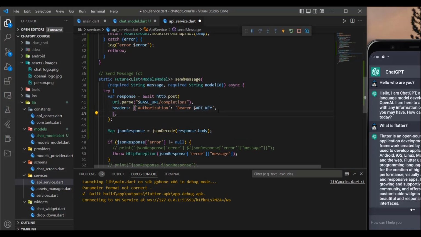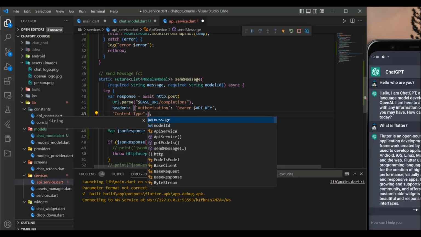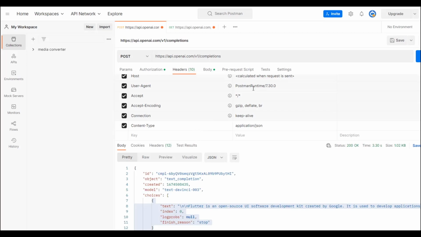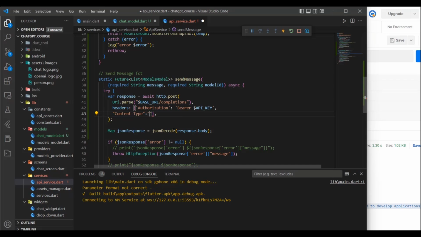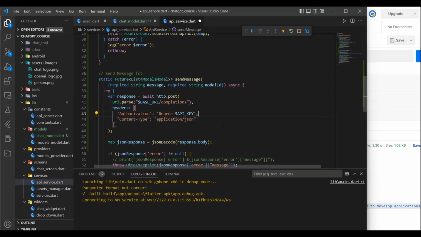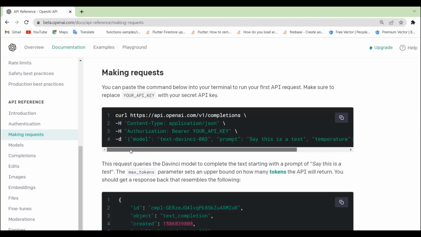And then here we can add the content type like that, and we need to give it the value just like we did here, just like that. Now I didn't get anything by myself. Of course, everything you will find in this documentation. Okay, they put it here. Now let's get back to our